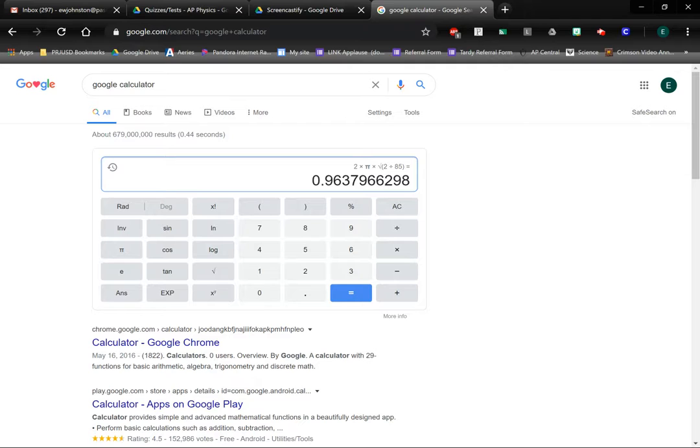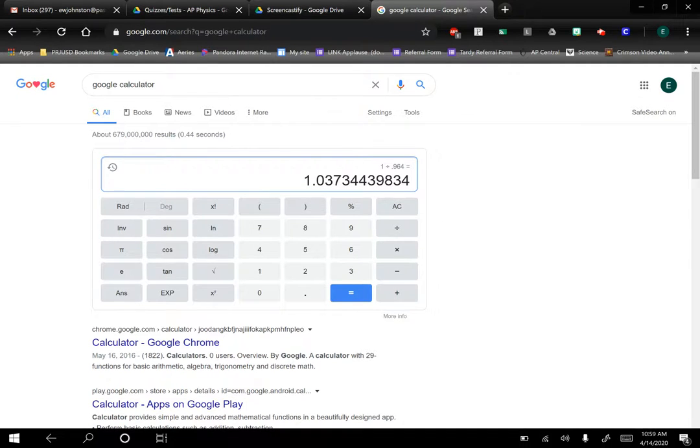So let's make this 0.9637 or 0.964, and then we'll round at the very end properly. So we're really just doing 1 divided by this to get my frequency. So 1 divided by 0.964, I get